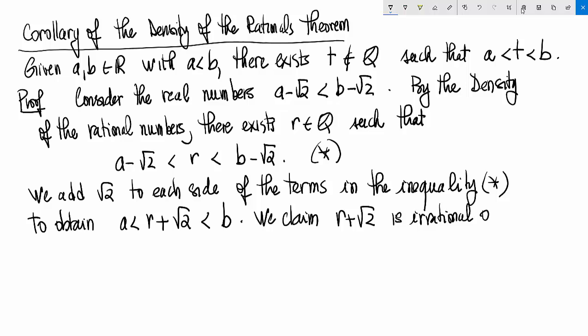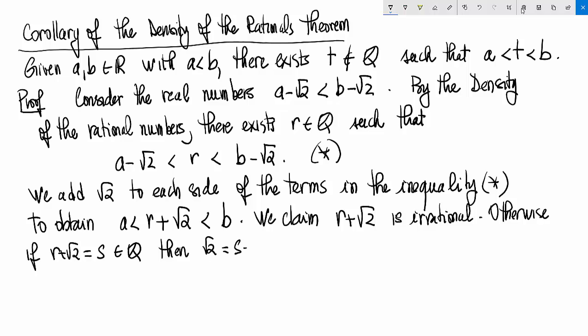In fact, otherwise, if R plus square root of 2 is equal to S, which is a rational number, then square root of 2, which is S minus R,